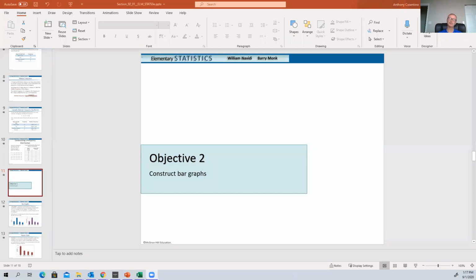Hello, class. We're going to continue the stats lecture in section 2.1 and talk about bar graphs and pie charts. These are probably the two most popular and most useful ways to display data. What we're going to do is show you how to do it by hand, sort of, using PowerPoints, right? But then show you how to use the spreadsheet